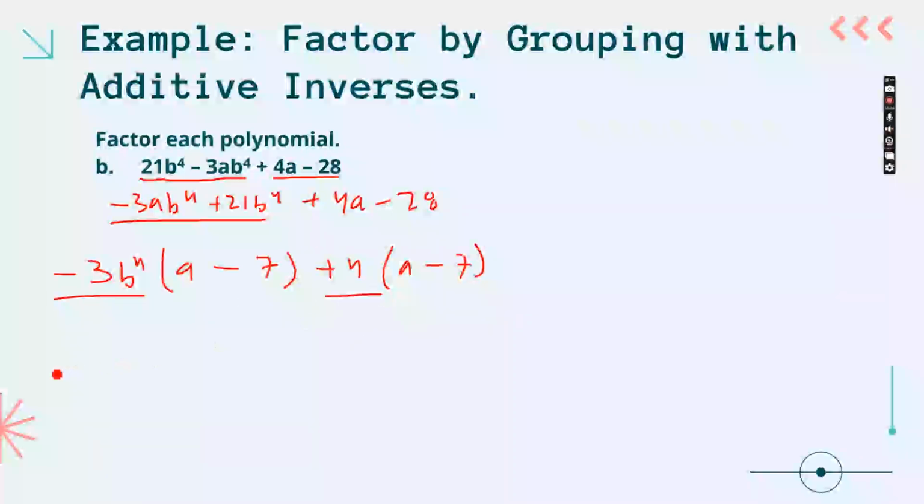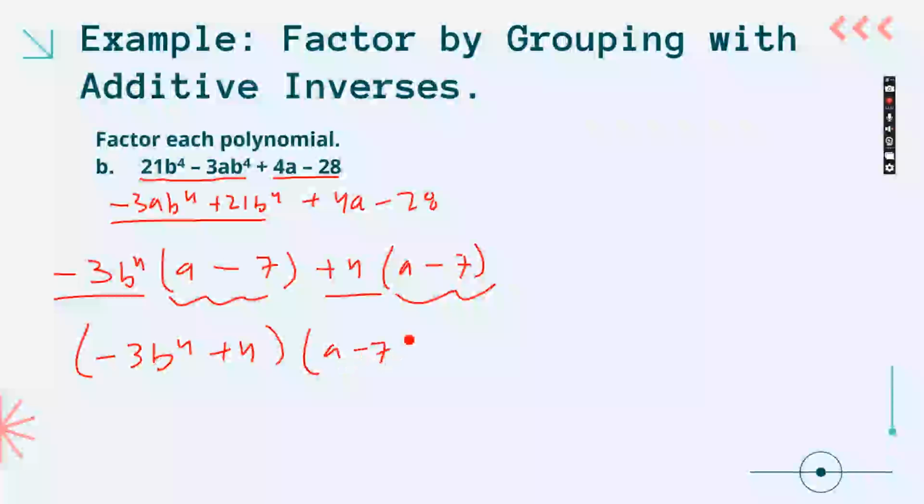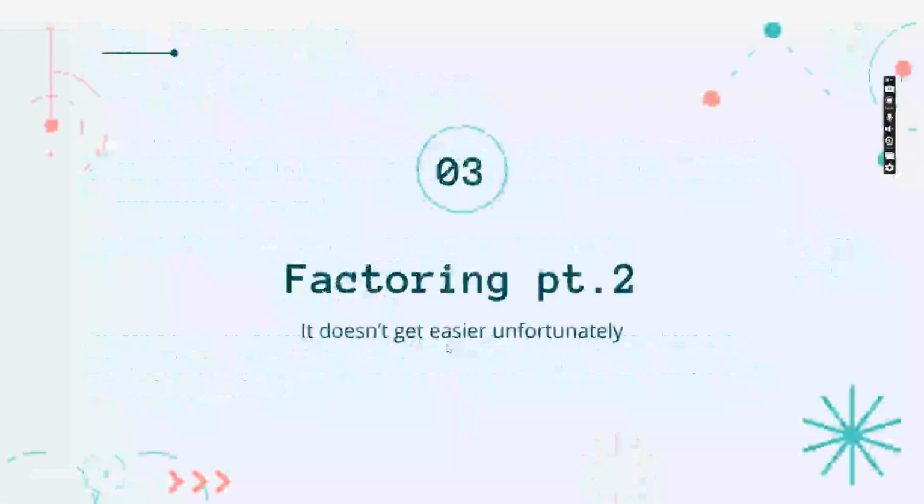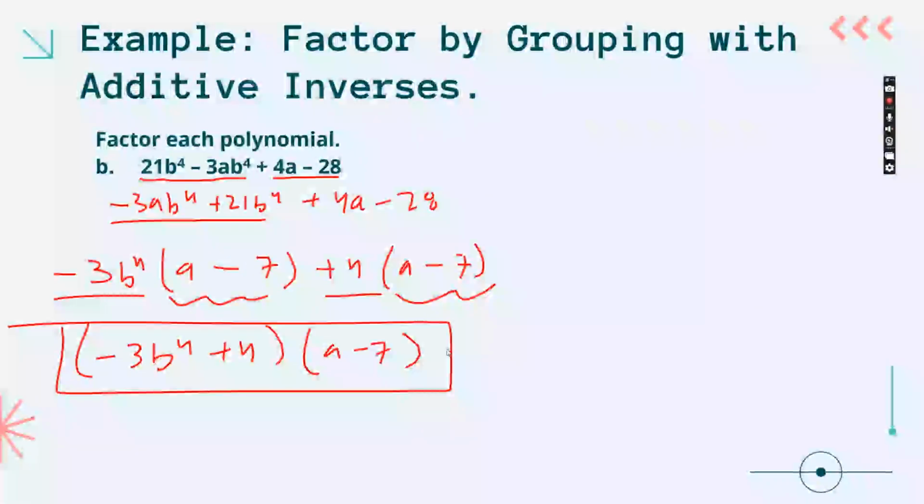Now we just group up some terms together. We have negative 3b to the 4th power plus 4 times our common factor a minus 7 here. And that's kind of it. We can look a little bit further into part 2 of this, but as for our 2.5 section, I think this kind of